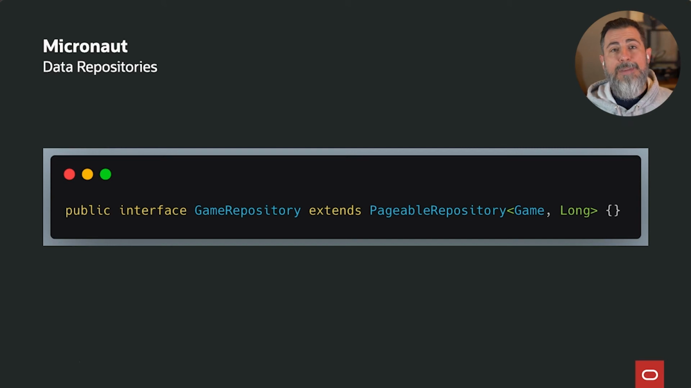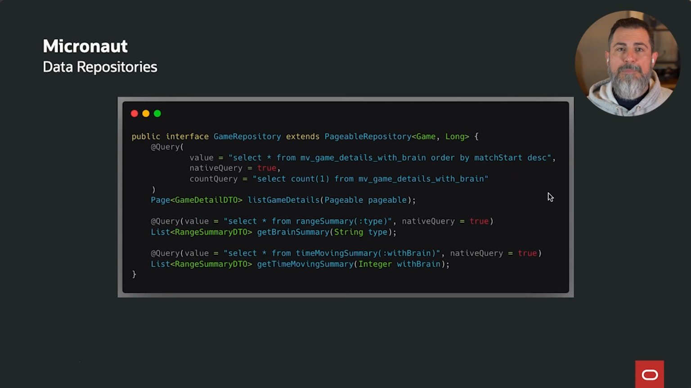And all of the heavy lifting of introspecting and constructing the queries happens at compile time. So runtime performance is vastly improved. In addition to the basic CRUD support that Micronaut supplies, I also added some native queries via an @query annotation so that I could retrieve the data from my SQL macros and views, as you can see here on